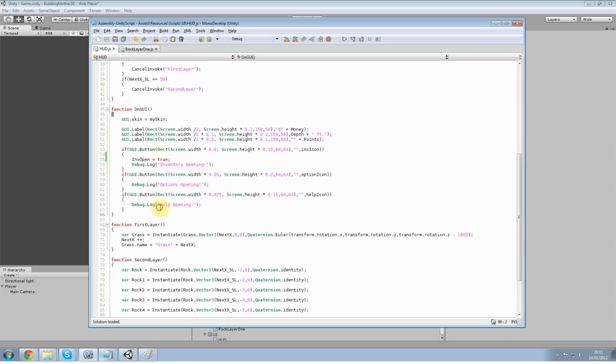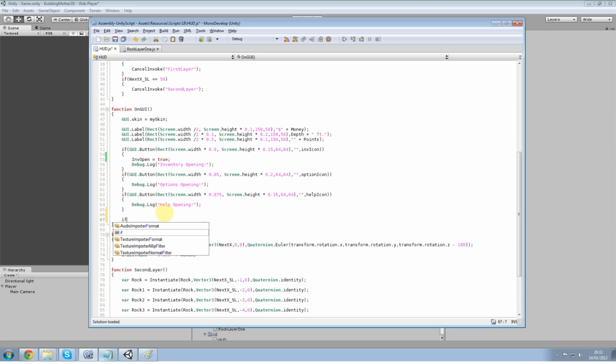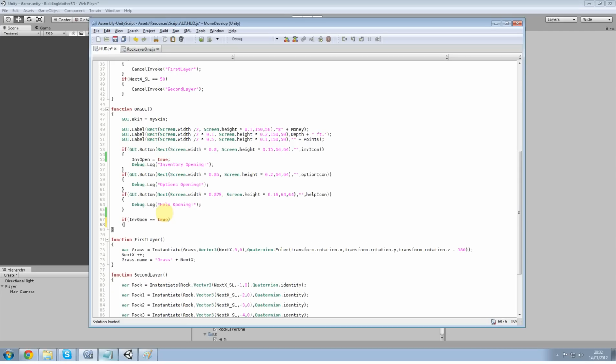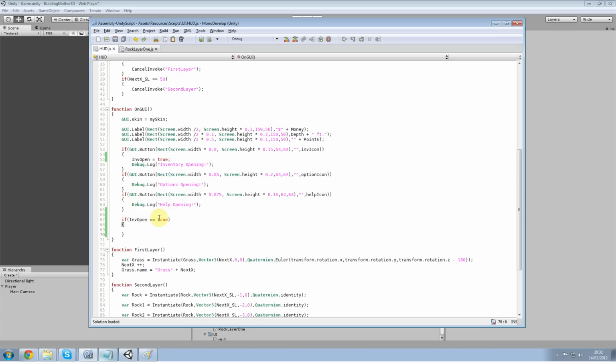Right down here, do if inventory open is equal to true, add another equal sign in there. You don't have to add in the true, but I put it in because it helps me just to know what the value is meant to be. So if inventory open is equal to true, then we're going to draw a new GUI dot box rec and